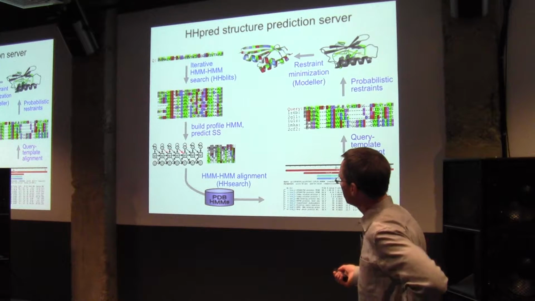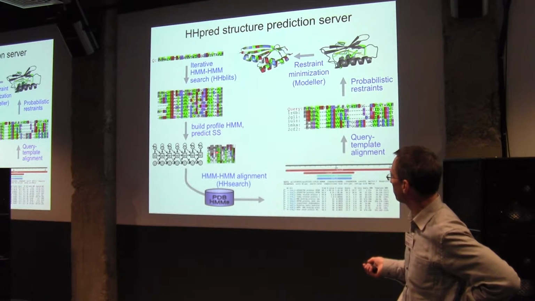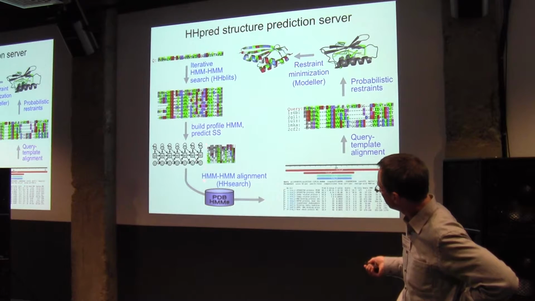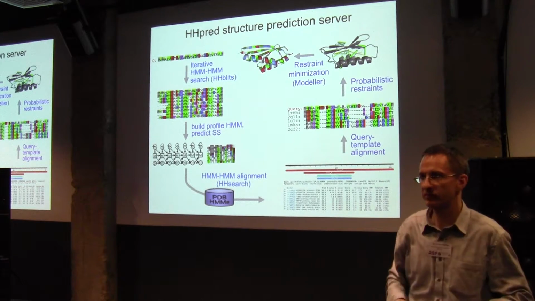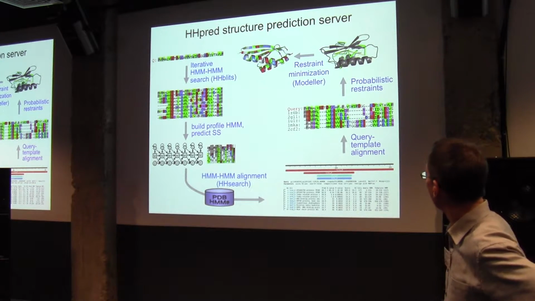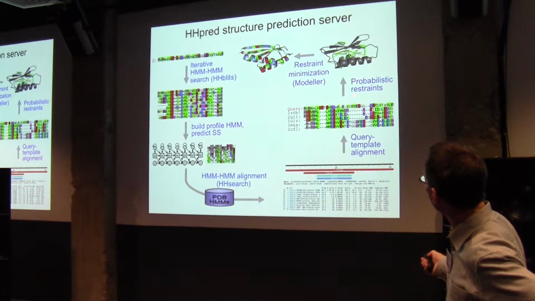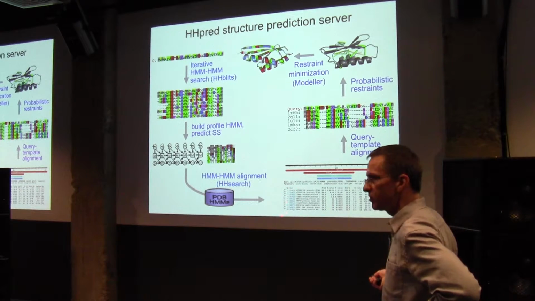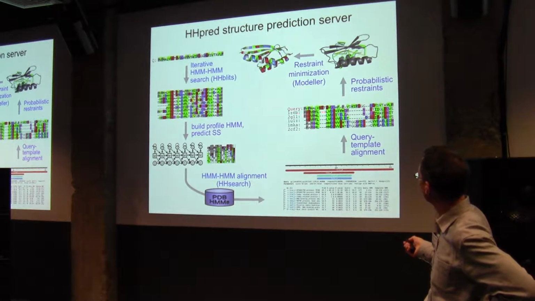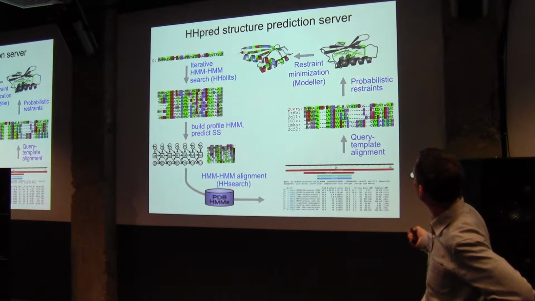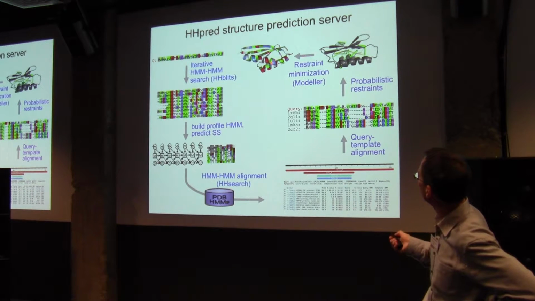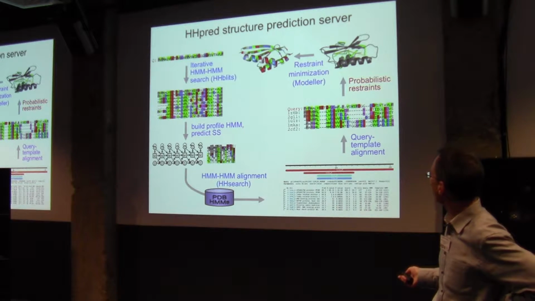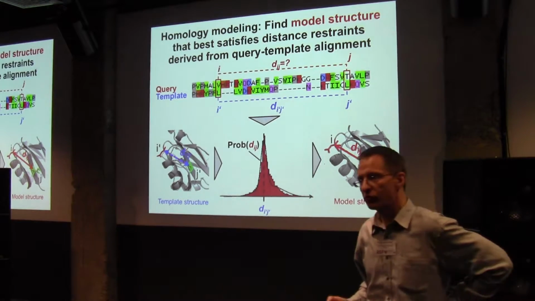The way you compare them is you compress the information into a so-called sequence profile. We have the 20 probabilities for each amino acid in each column, and then you do some kind of comparison between those columns and come up with hits. These can be matches, for example, in the PDB, and when you have proteins with this sort of structure, you can use them as templates for homology modeling. We derive probabilistic restraints from the alignment, and using those we can generate a model.